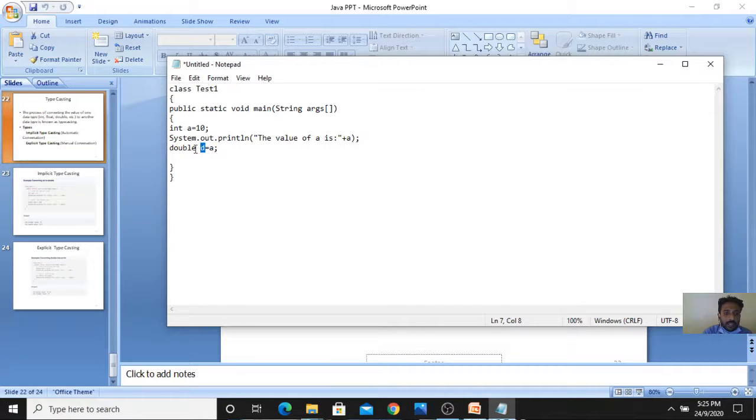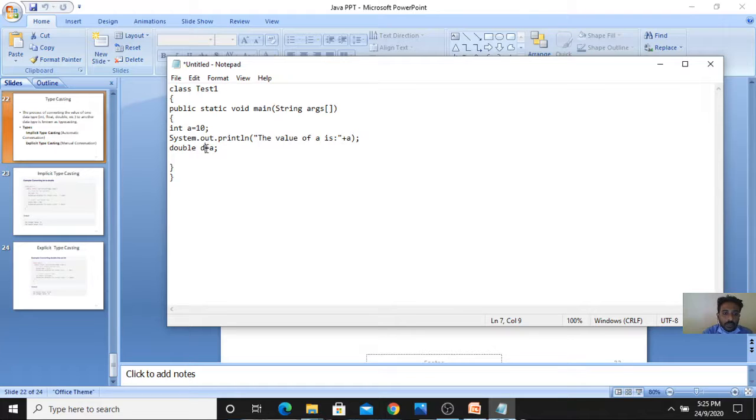A double contains a number with a decimal point, whereas an integer contains a number without a decimal point. Here 10 is of type integer, which doesn't have any decimal point. Once you convert it into a double, the value 10 will be converted to a double, that will display 10.0.